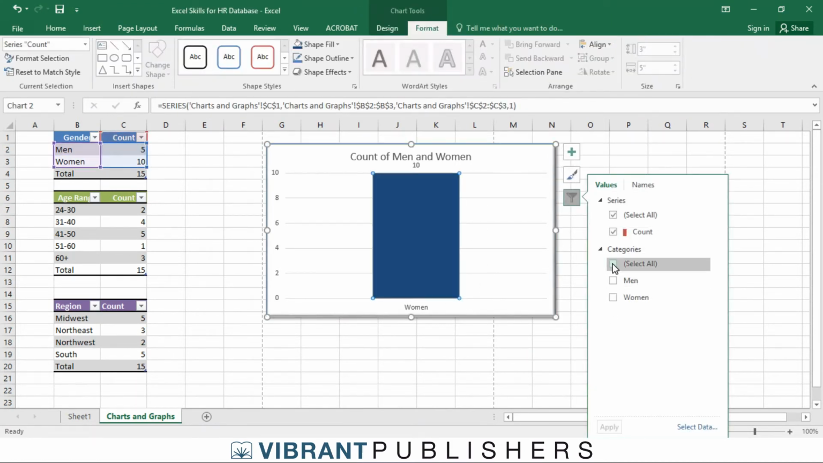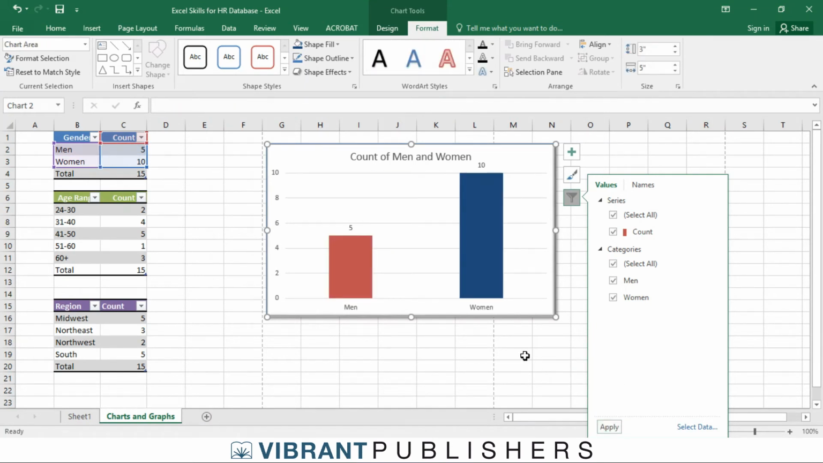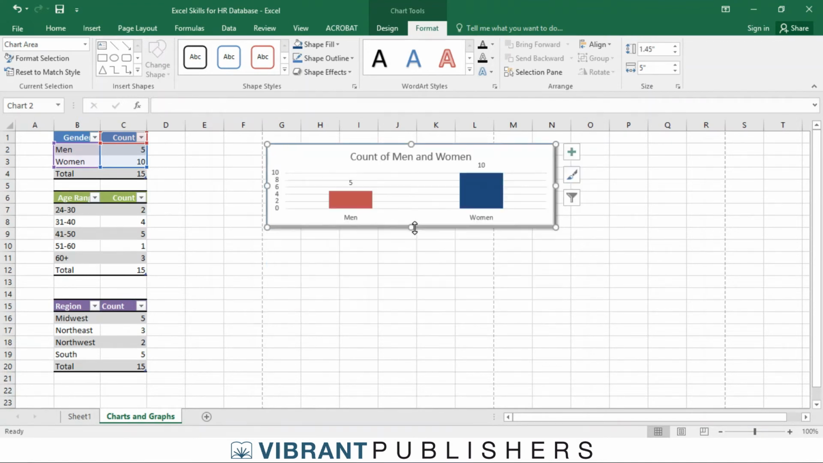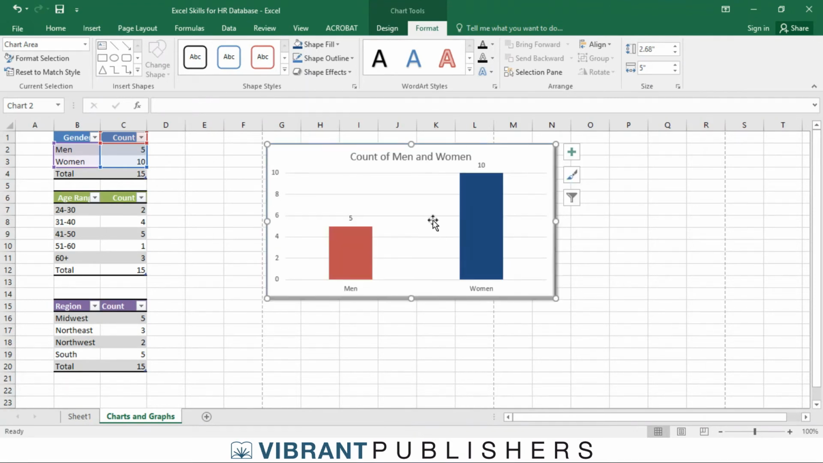Filter, select all, and apply. There we go. So that's a pretty basic bar chart that I wanted to show you as well. So we're going to just shrink that up. Oh, another thing that you can do with bar charts that I like to do just to make things look clean,